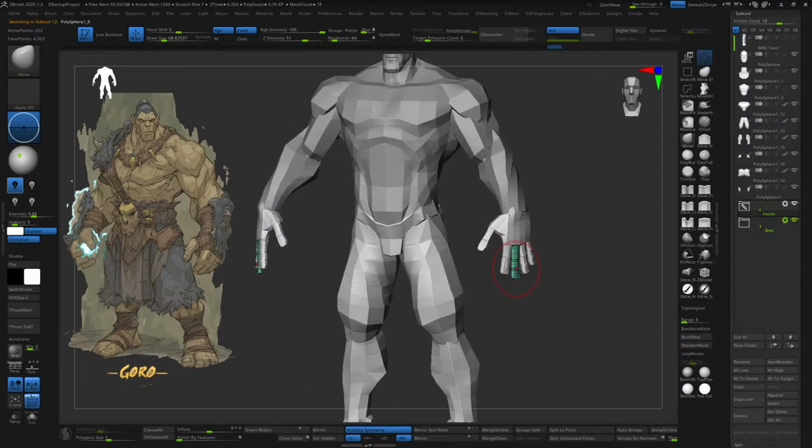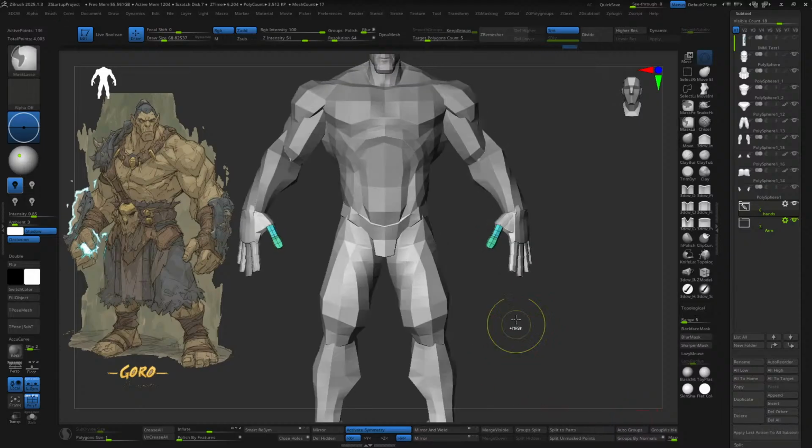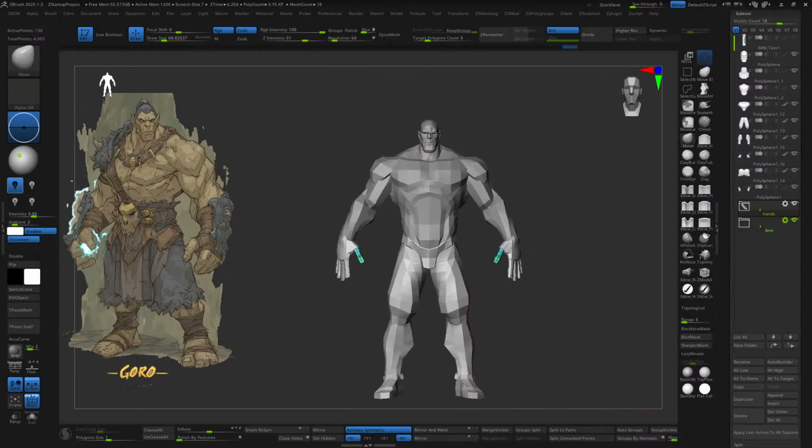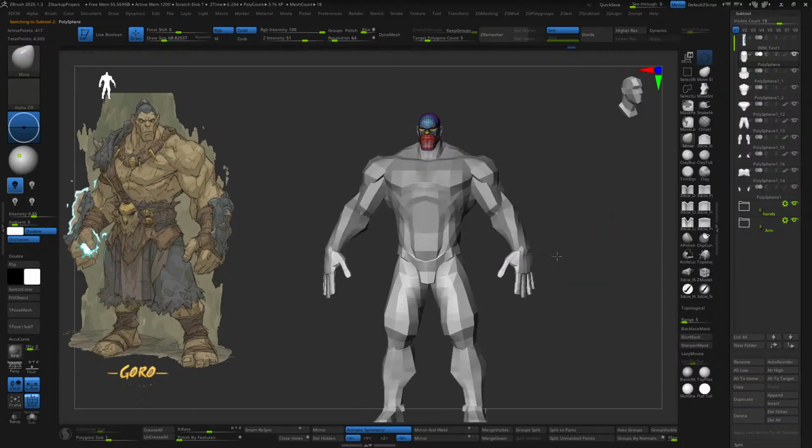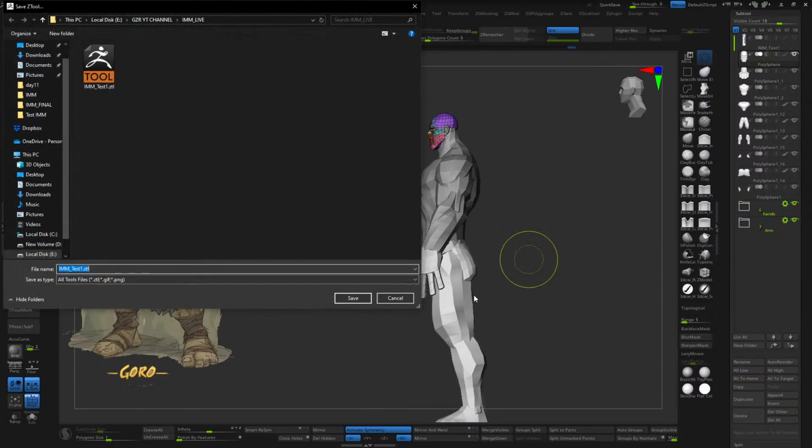Mirror mount, auto group, mirror mount. Let's save. This is the test one